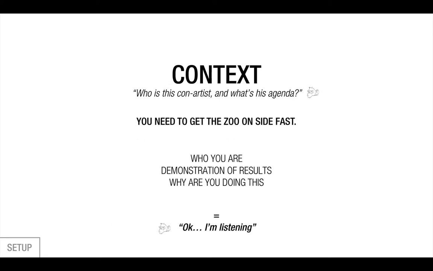Next, we're going for context, right? The monkey is thinking, who is this con artist? And what is their agenda, right? And monkeys are always thinking that someone's going to come and steal their nuts and their berries and all that sort of stuff. So we've got to get the zoo on side fast because people's attention is fickle and it is controlled by the monkey and the reptile. So you've got to get out, who are you,